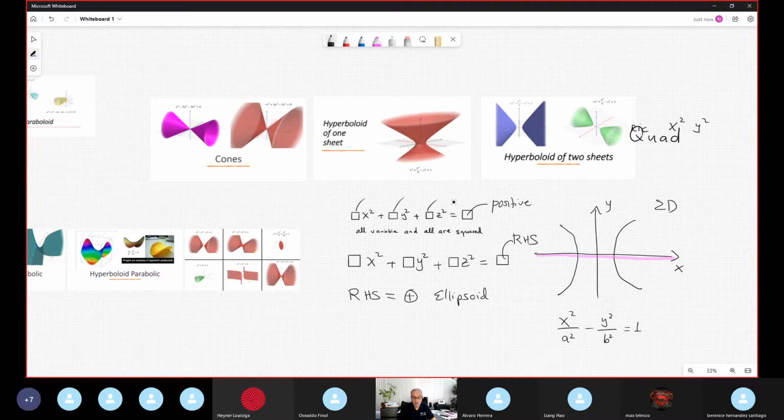Okay, we saw it before. Suppose the right hand side is negative. But I forgot to say something. Sorry. Suppose that in this case, the three are positive in the ellipsoid. Suppose in the second equation, two are positive. So at least